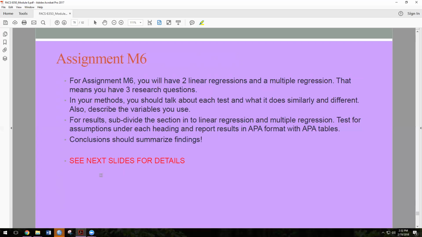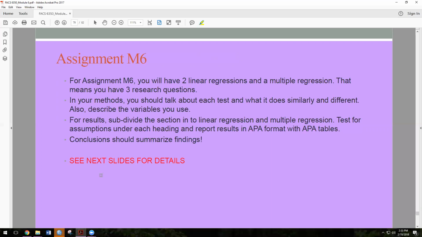And then in your results section, you're going to again have separate subdivisions, a linear regression subdivision and a multiple regression subdivision. You want to test for assumptions underneath each one, because you're using different variables, and for every set of different variables you use, you have to do new assumptions testing. And then your conclusions can summarize the overall findings, but remember you have to interpret it according to what we talked about with for every 1 unit increase in X, there will be a such and such increase